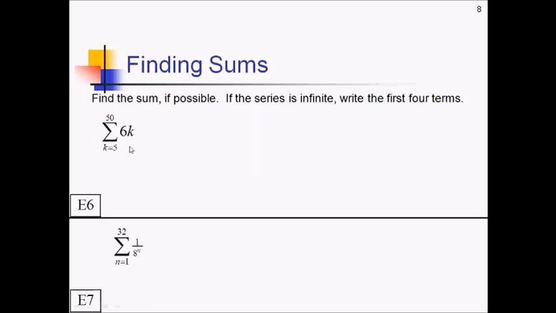We're going to start this next example together. So just like before, we're starting with our lower limit, plugging it in here until we get to the upper limit. So we've got 6 times 5, which is 30. 6 times 6 is 36. 6 times 7 is 42. And we see there's a whole bunch of other numbers we're going to end up plugging in all the way up until 6 times 50, which we know is 300. I'm just going to put a plus dot dot dot plus 300 to show there's a bunch of left out